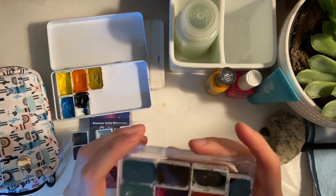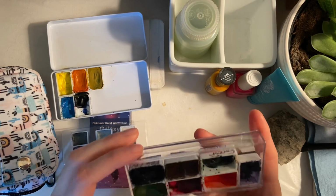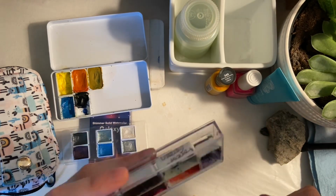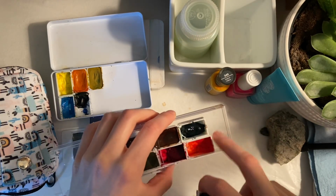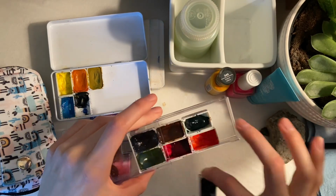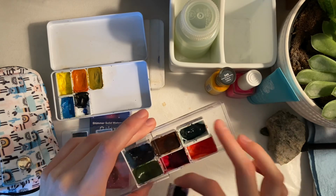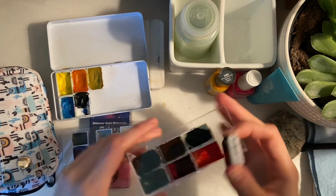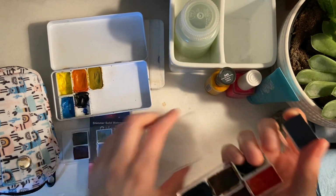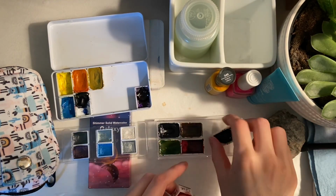Ooh, that's so cool. Now, if you didn't want them to move around, you could stick blue tack on the bottom, which probably wouldn't look very pretty. You could also put magic eraser in here and then just use this as your little palette. Even if you don't use the sponge, it would keep it from moving around. The other thing you could do, if you use smaller brushes, is...